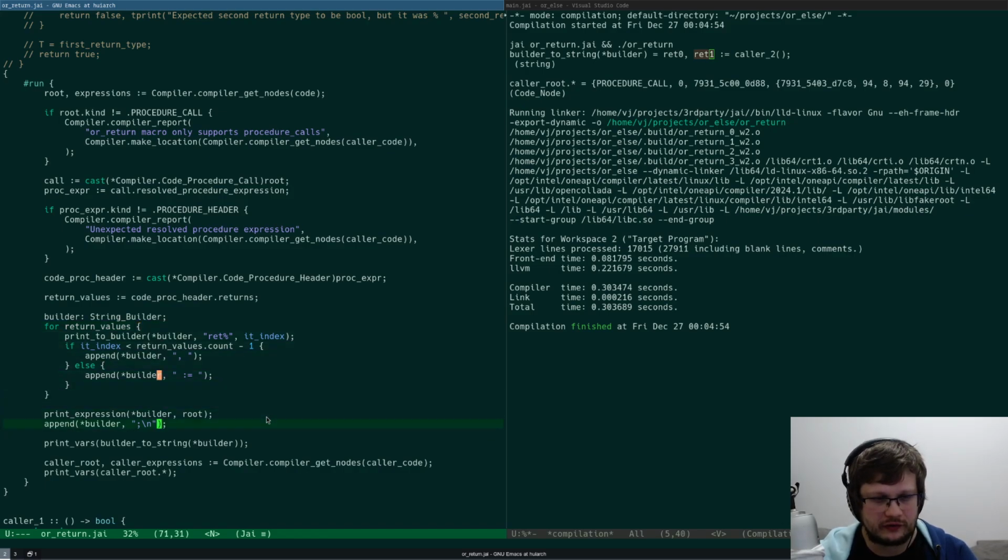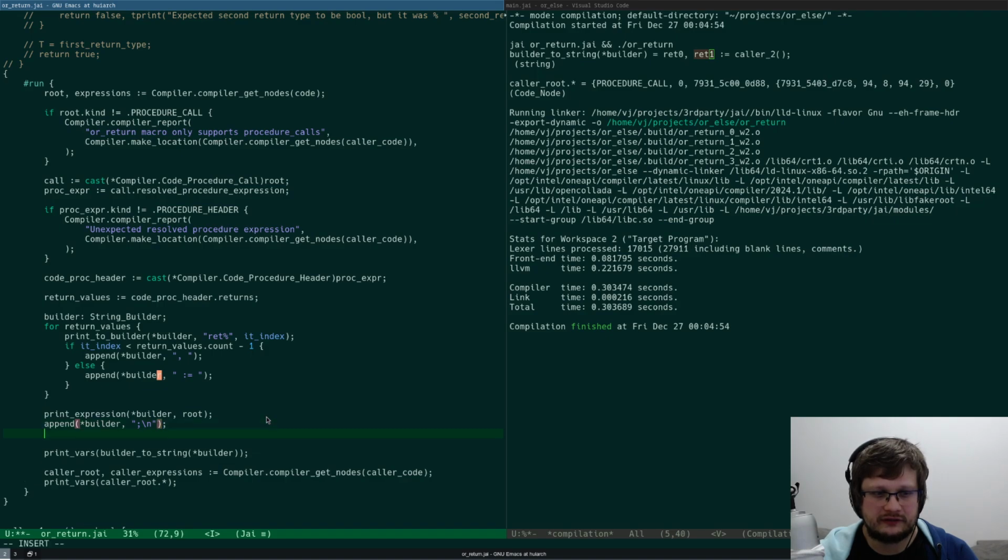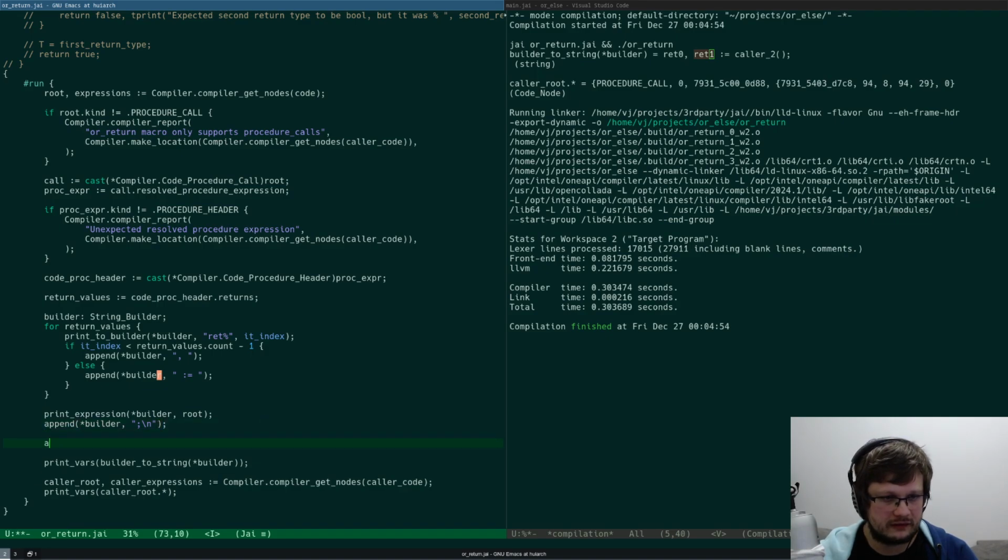It's very easy to infer. So we need to append to builder the following stuff. Print to builder: if not ret percent, where percent is like return values count minus 1.